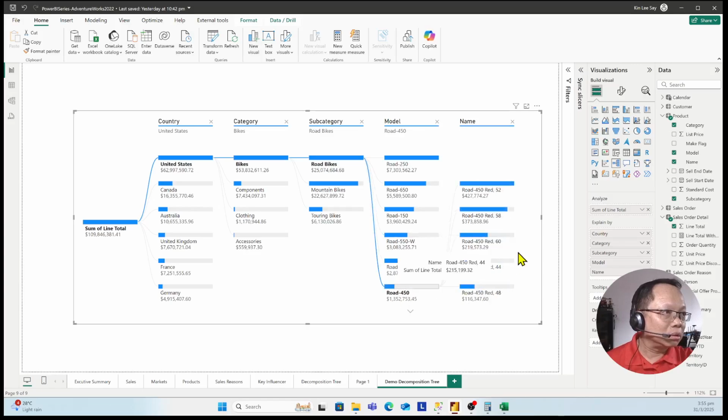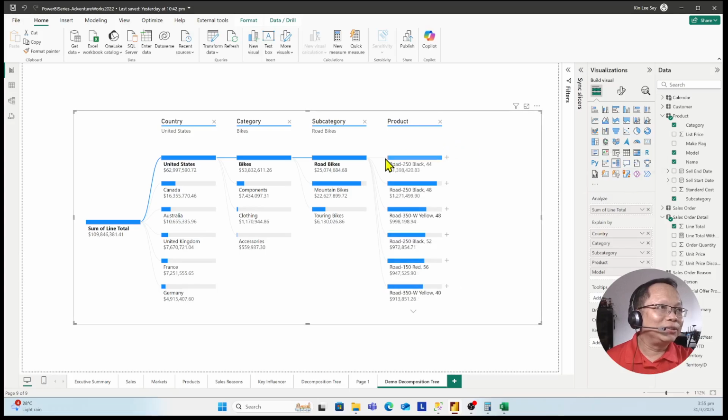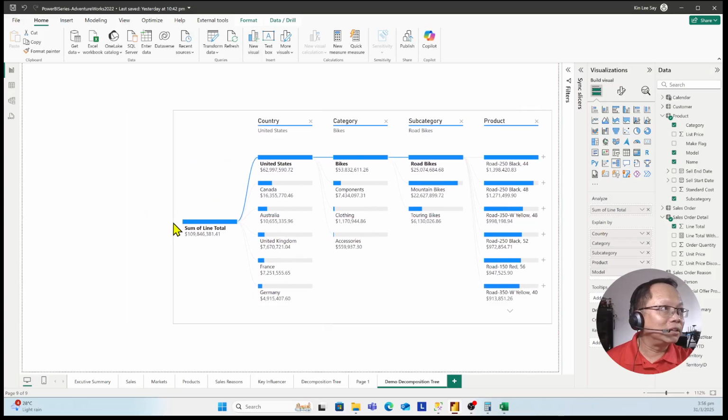From the model, then go to the product. Let me change this from the name to product. So this is the product information. To make it clearer and to make this chart smaller, I'll just remove model and keep it just product. It's easier and simpler. Okay, so I've done the